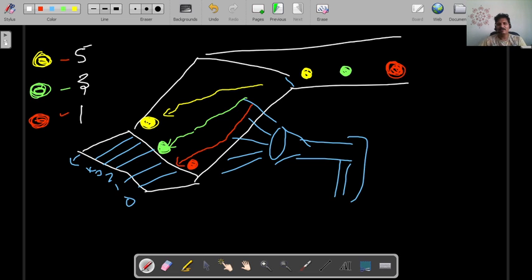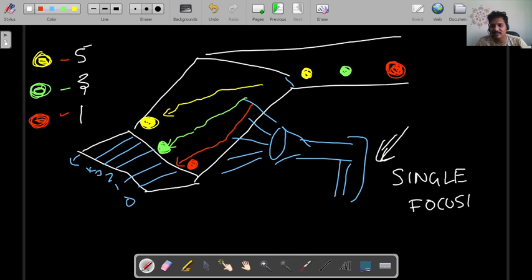Now what we do is that we use a force. This particular method is called single focusing. This single focusing is nothing but what you are going to do is you are going to use a magnet. So this blower is going to be replaced by a magnet. So what you do is that you use a magnet to move it away from the place.